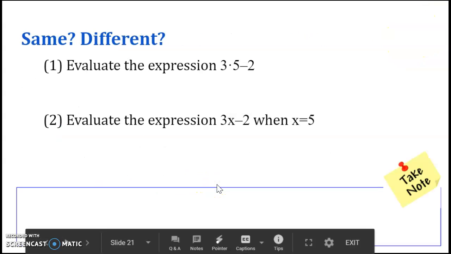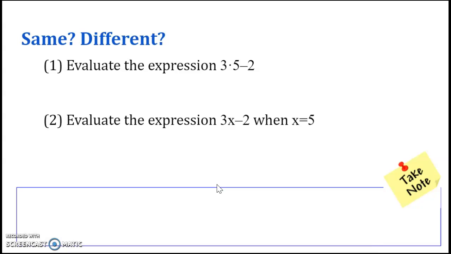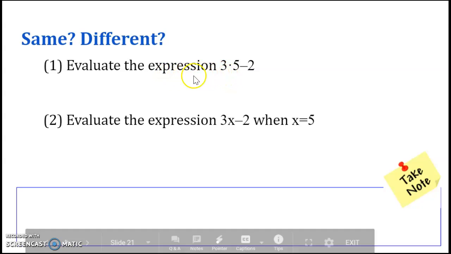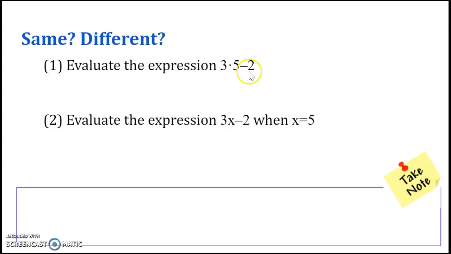Okay? All right, so now we're going to go on to a slightly different problem. We're going to be talking about evaluating. Is this the same or different, the two problems? Evaluate the expression 3 times 5 minus 2, and evaluate the expression 3x minus 2 when x